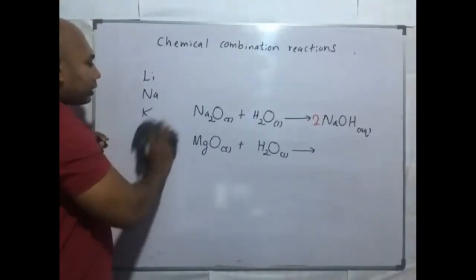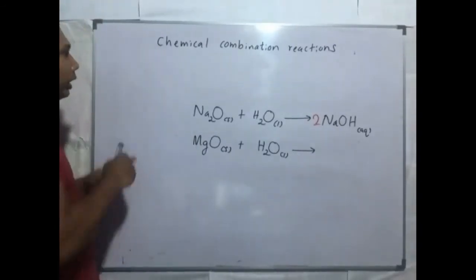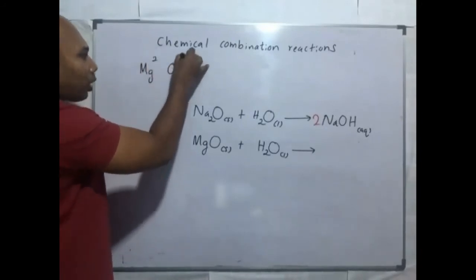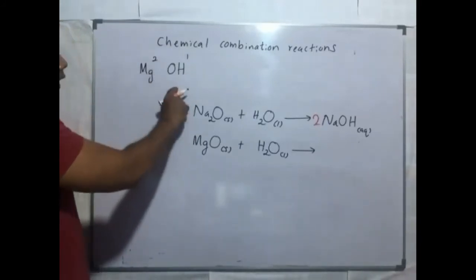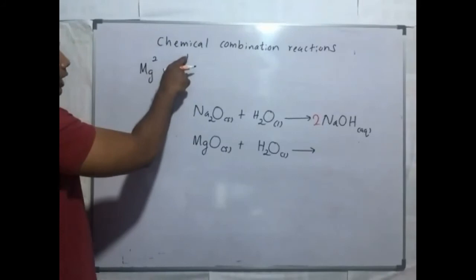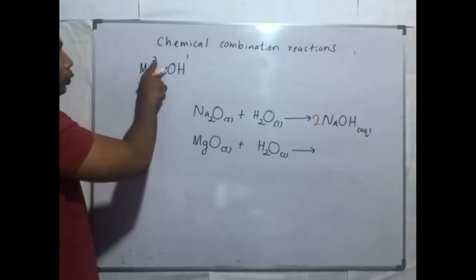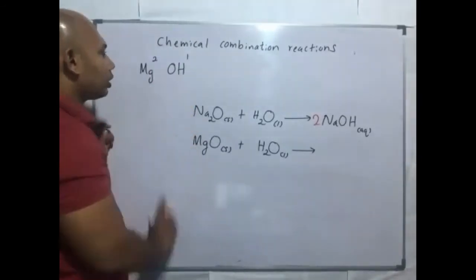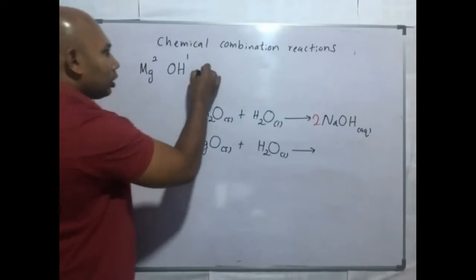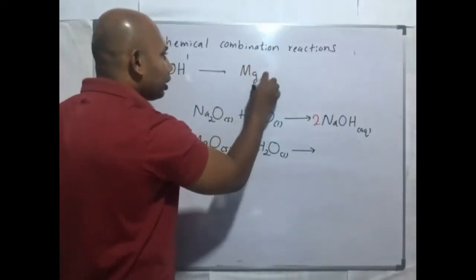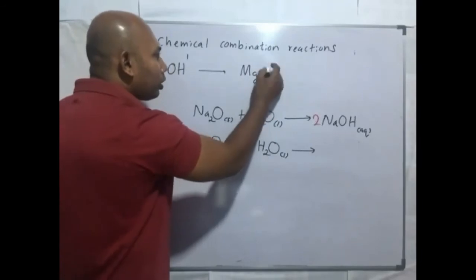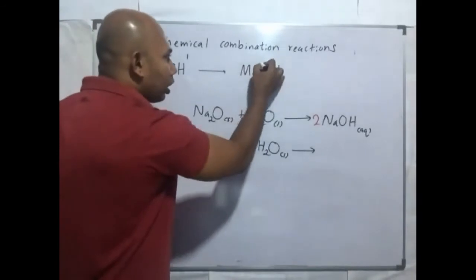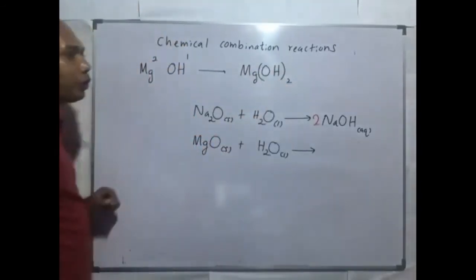You have to exchange the valency. Here, magnesium is a second group metallic element, and hydroxyl is a radical with valency 1. So we have to exchange the valency. And this 2 below the magnesium is common for oxygen and hydrogen. So what is the formula? Mg, we are not going to write 1, OH, and this 2 common for oxygen and hydrogen goes outside the bracket.